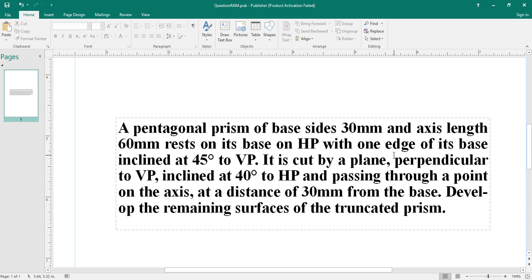Hello everyone, welcome back. In this lecture, we are going to draw the development of truncated pentagonal prism. So this is our question in which a pentagonal prism of base side 30 mm and axial length 60 mm rests on its base on HP with one edge of its base inclined at 45 degree to